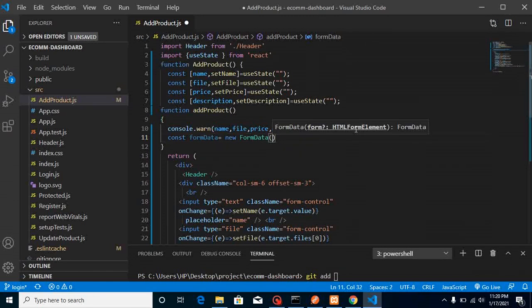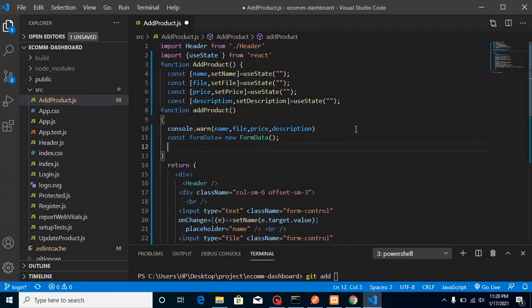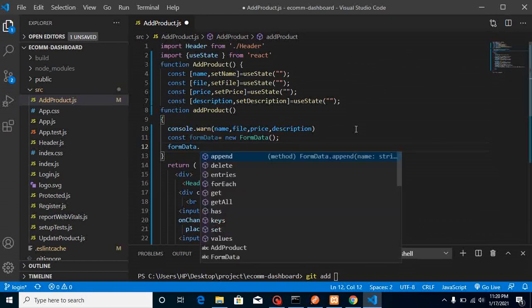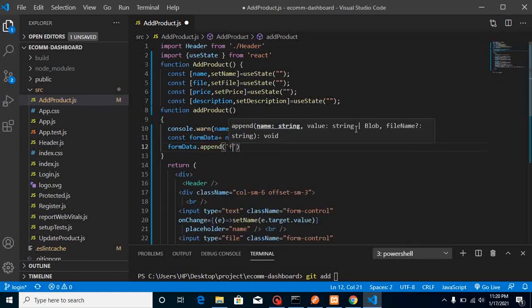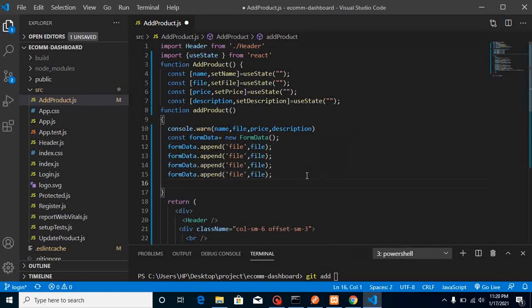And all right, after that let me append all this data. form data dot append, the key name can be file, and our file state. In a similar way, let me add three more fields, like price. You can also add here a price, which is our state name, and name, state, description key, and